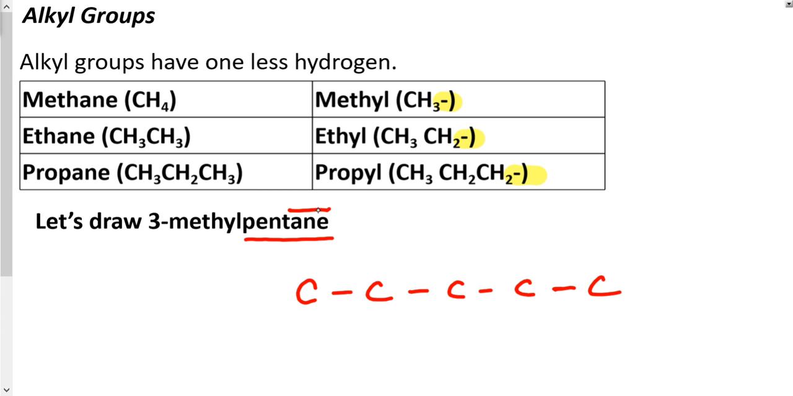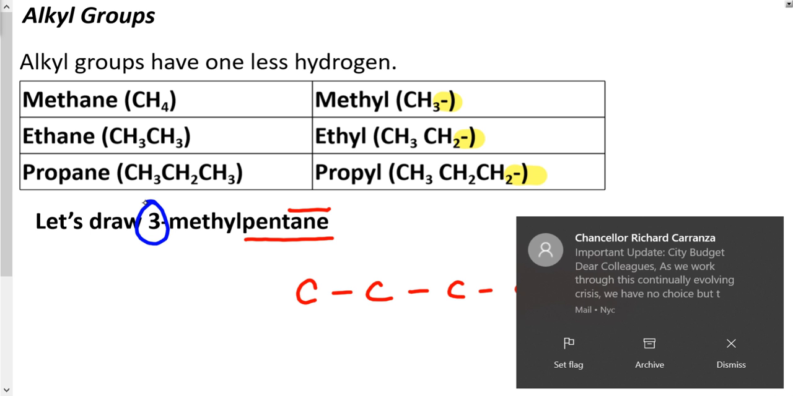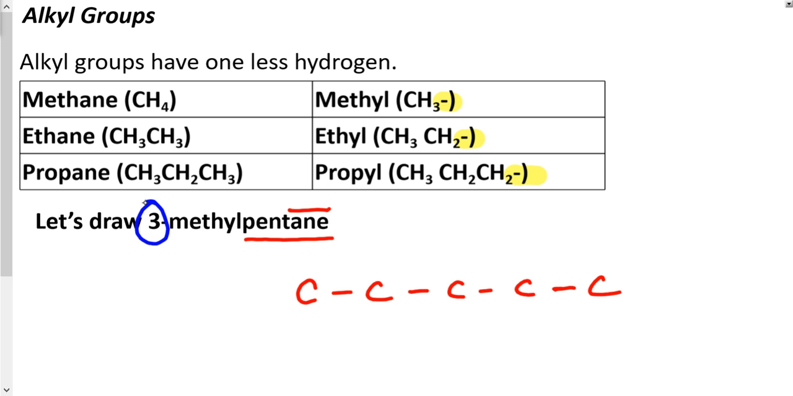Now, I'm not done yet. In my 3rd carbon, I can count it from left to right or right to left. You get to decide, and when you decide, please draw it right away. So for my 3rd carbon, let me count it from left to right. I have an additional